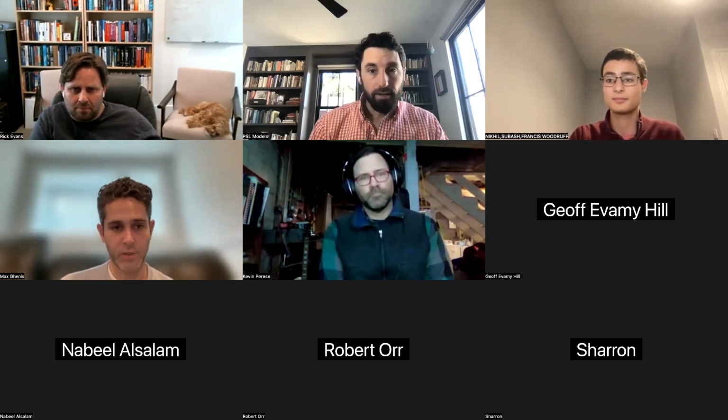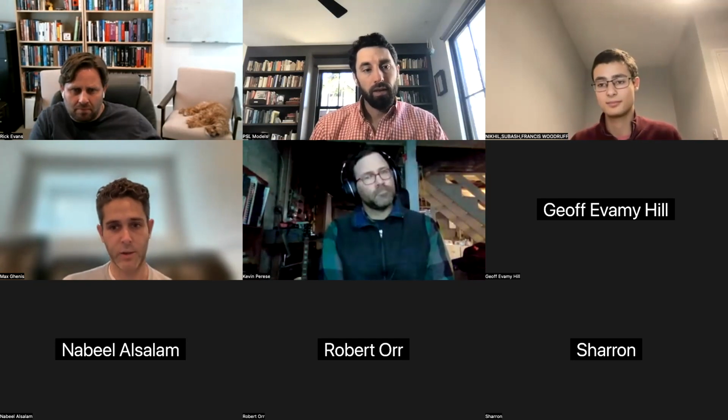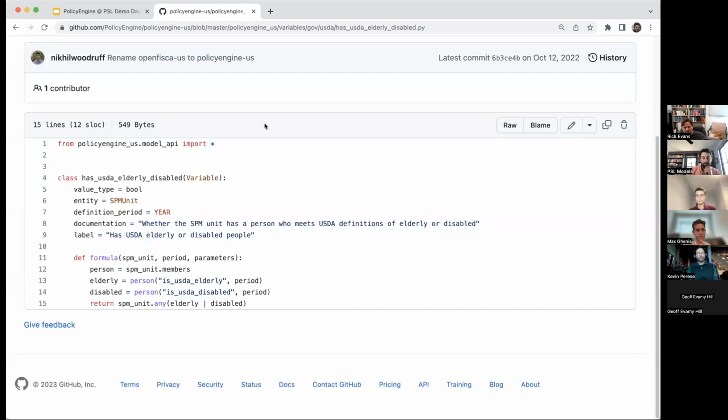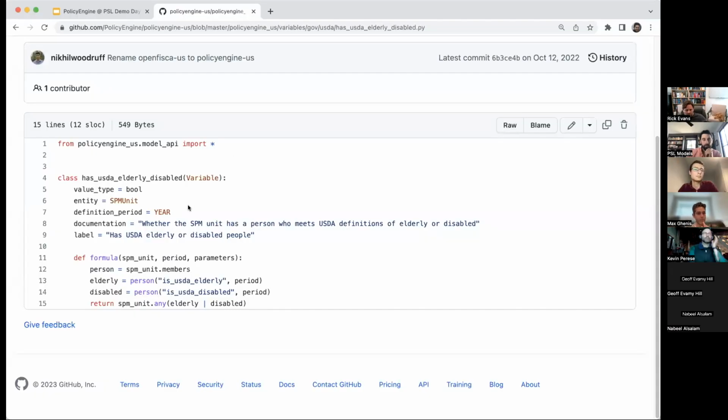I'll briefly show what this looks like in the code, because I think this is a really nice thing about OpenFisca that we've ported to PolicyEngine. Essentially every variable is a class, and there's an entity level for every variable.